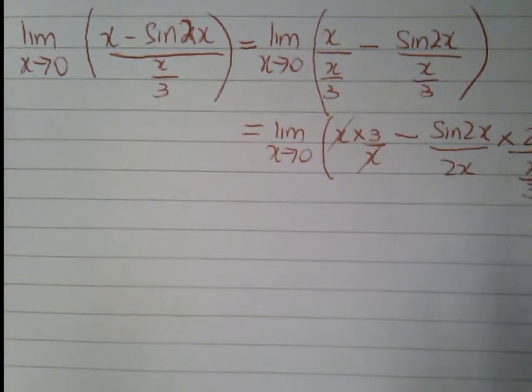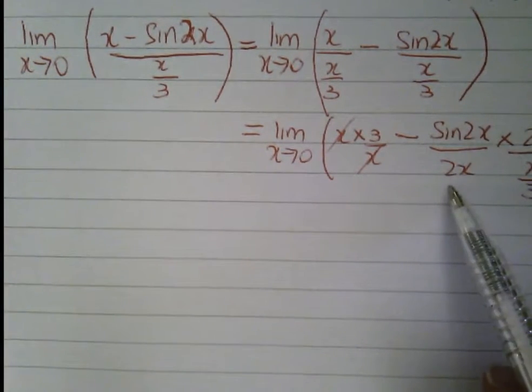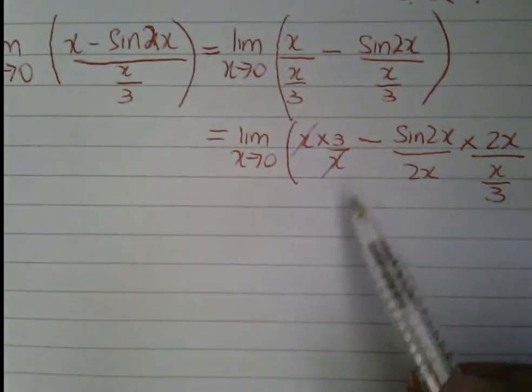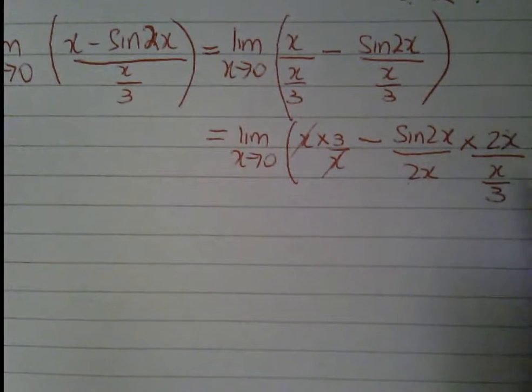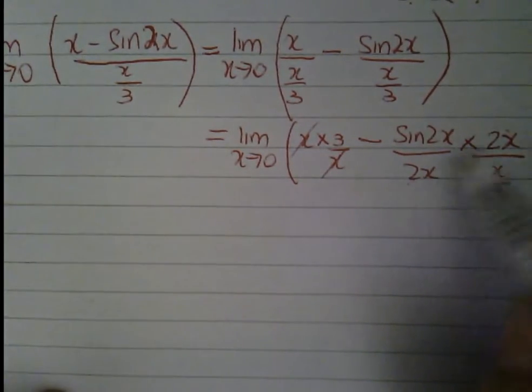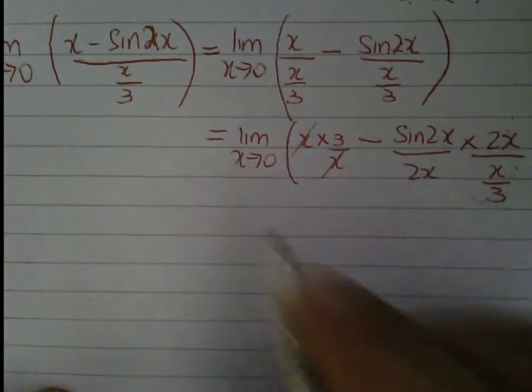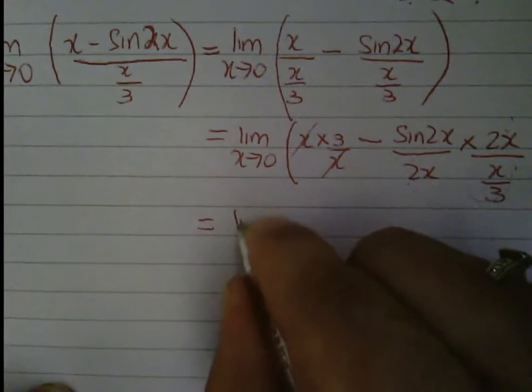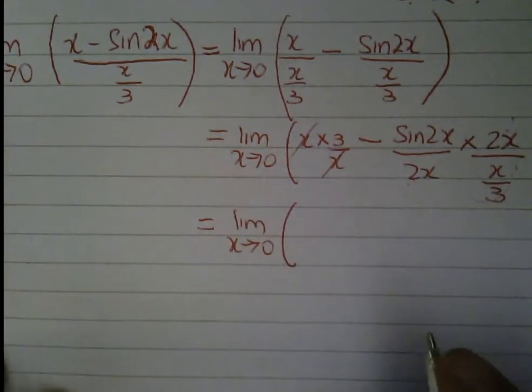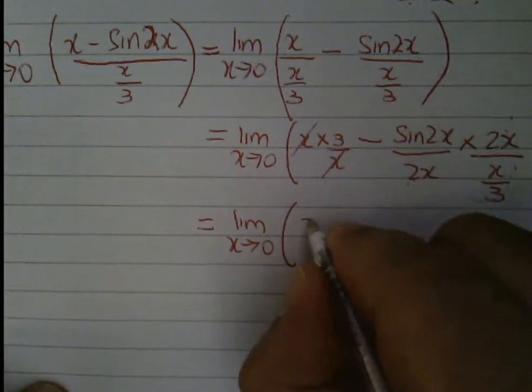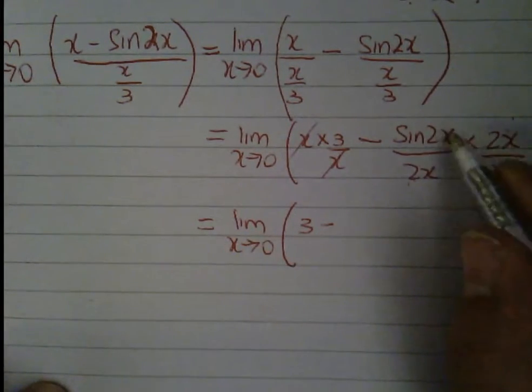Now, so girls, that's fine. I've just put that 2x there. I can't just put that 2x there. So I'm going to balance it out with another 2x. See, this one's easier just than going 2 over a third. It would be a bit hard. So that and that cancel. That's what I should have. Let's just start cancelling out some of these x's. Limit as x approaches 0 of what? 3 minus